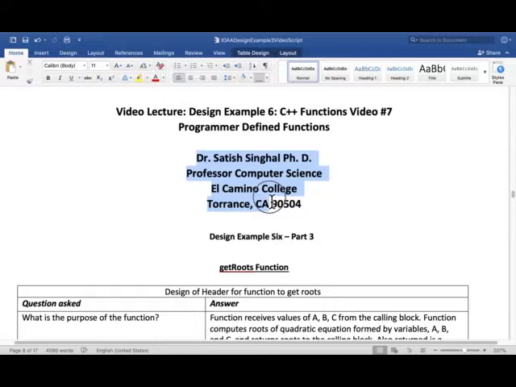And on design example 6, we have a 15-page document, and this will be C++ functions video number 7, part 3 of design example 6. In design example 6, I'm doing only 3 videos. This is the last of the 3. Other details you'll have to get by reading the design example 6 document. Okay, so